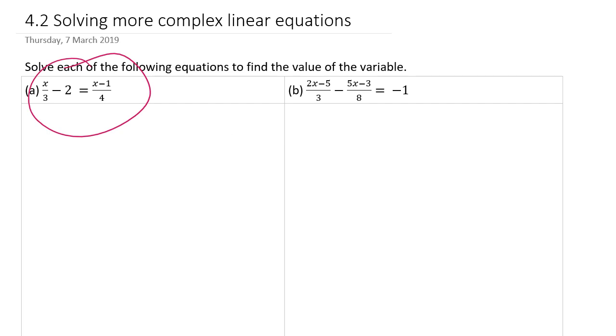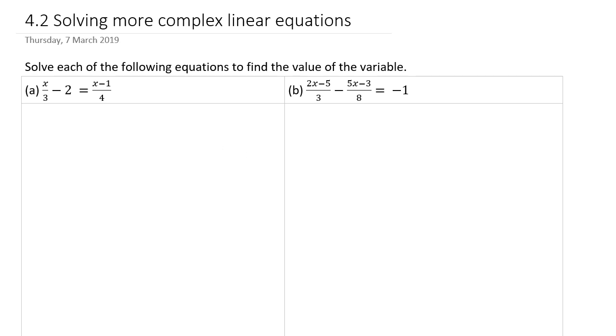Now, this one here, on part A, it's trying to solve for x here. We've got an x currently being divided by 3 and then having 2 subtracted from it is equal to x minus 1 over 4. Tricky thing here about getting rid of this 3 and getting rid of this 4 in order to get the x's on their own